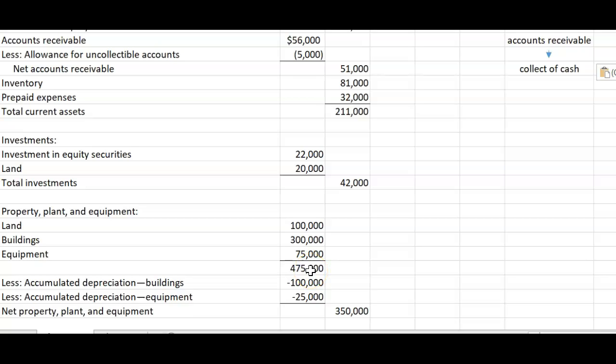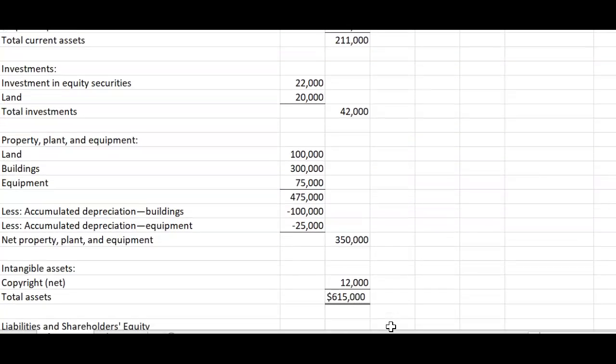So our total property, plant, and equipment would be $475,000. There is $100,000 of accumulated depreciation on the building given to us, and $25,000 accumulated depreciation on the equipment. And our total net property, plant, and equipment is $350,000. And if we go down, we see a copyright, and the net copyright, which is an intangible asset, is $12,000. For total assets, we have